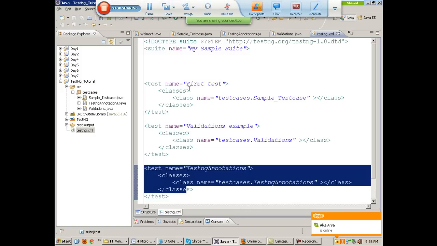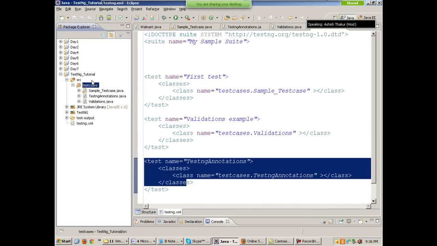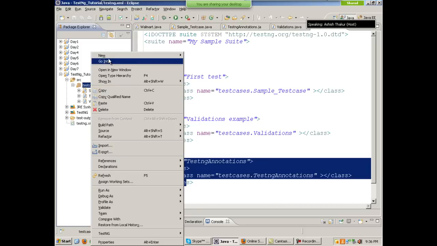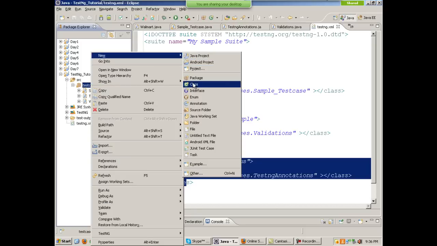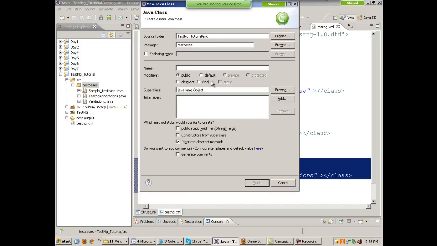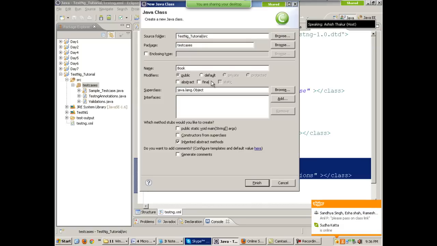Okay, I'll just create a new class over here. Right, and let's name it book